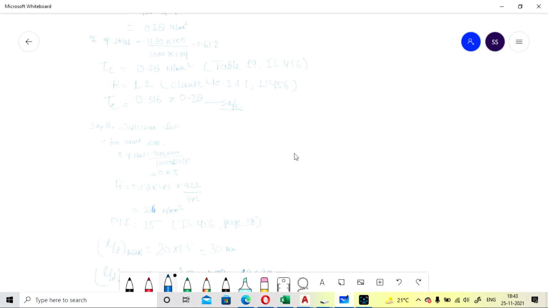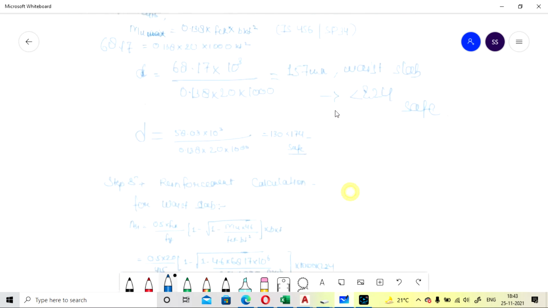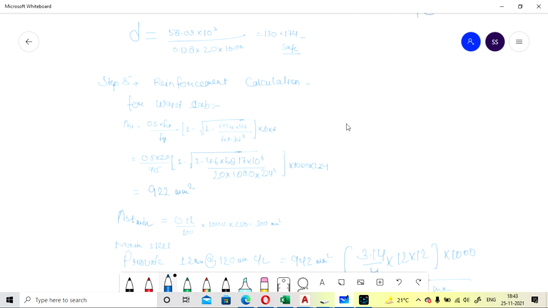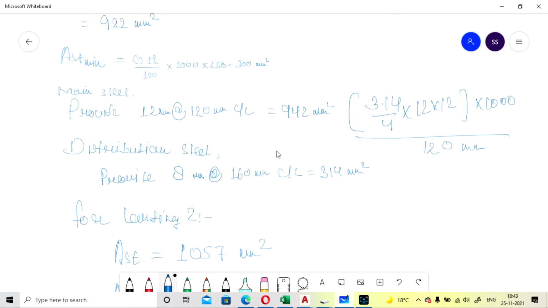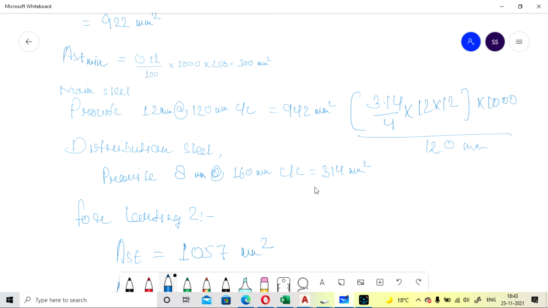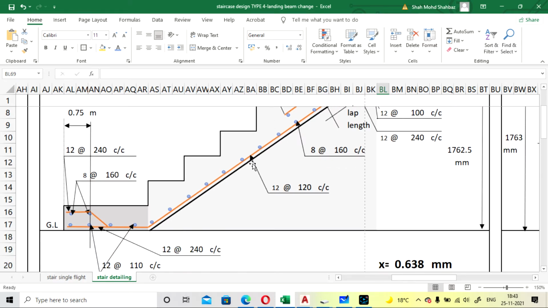I will show you here. So we are providing for the base slab 12 mm at 120 mm center to center, and distribution as 8 mm at 160 mm center to center for the base slab. Okay, so we have provided the 12 mm at 120 main steel at the bottom and 8 mm at 160 distribution steel for the base slab. Okay, so it will be continuous